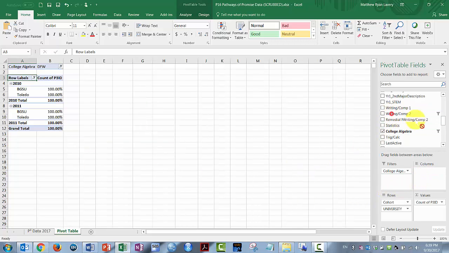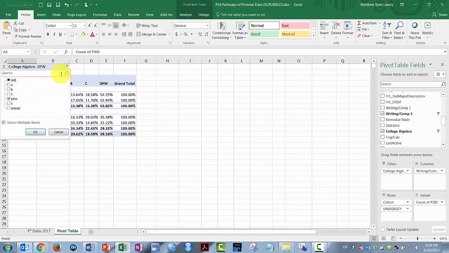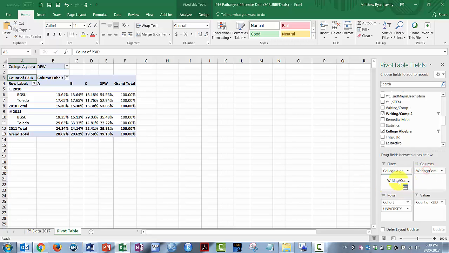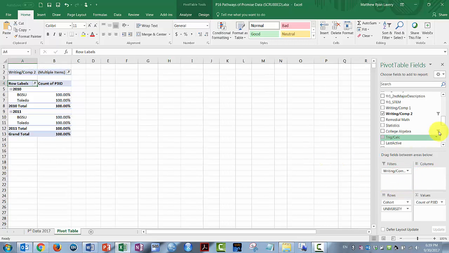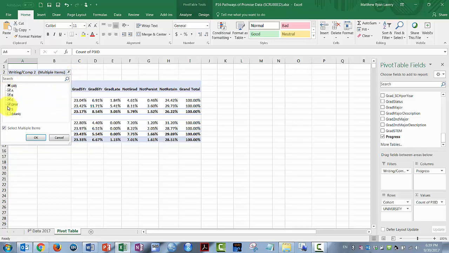So I'm going to go ahead and put Writing Comp 2 in its place like I did last time. So now, and I need to change this. No, I did that wrong. Writing Comp 2 goes here. The progress indicator goes there. Okay, good. So now, all grades in Comp 2,